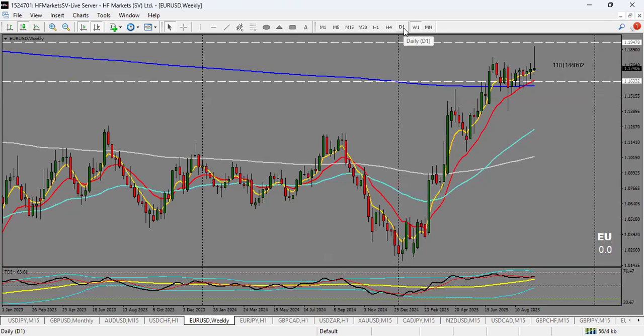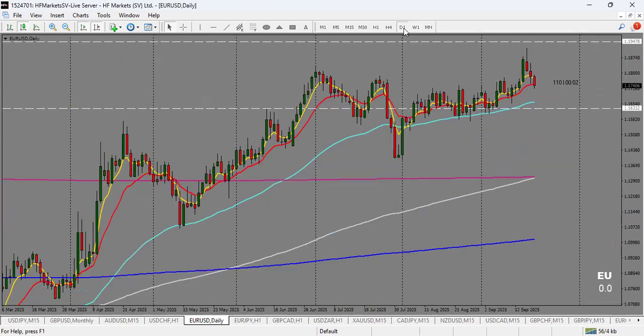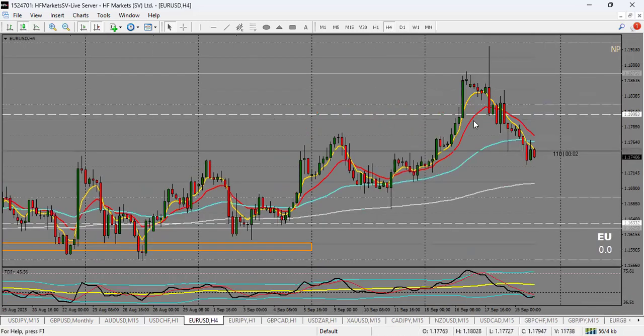Now if we go to the daily time frame, you can see price had this high here, and we had an area of support formed around the 50 EMA, and price has been rising. We had a retest on that, another rise, and we have that retracement. So we should expect one more rise, according to our